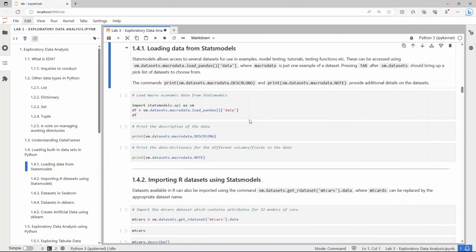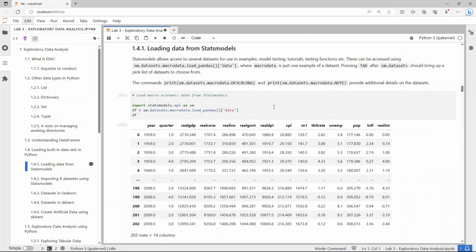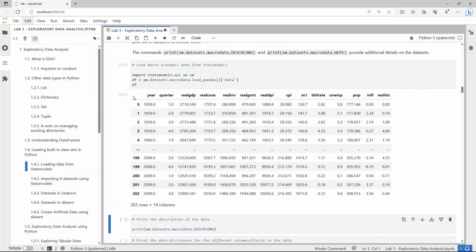So first, we are going to load some libraries like so here, and then we can access some of the data sets from statsmodels. The data set that we will load as an example here is some macroeconomic data that is contained inside of the statsmodels library. And this is what the data looks like. Now, what you see in front of you is a data frame. And the data frame, as opposed to arrays, has only two dimensions: rows, and then you have all of these columns